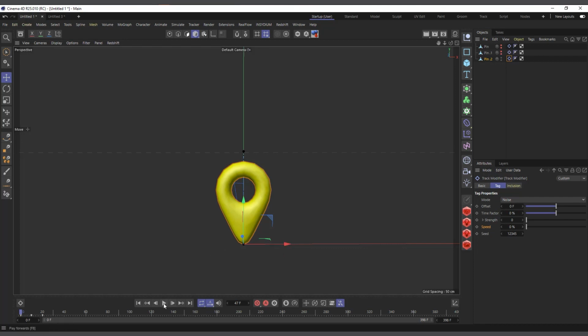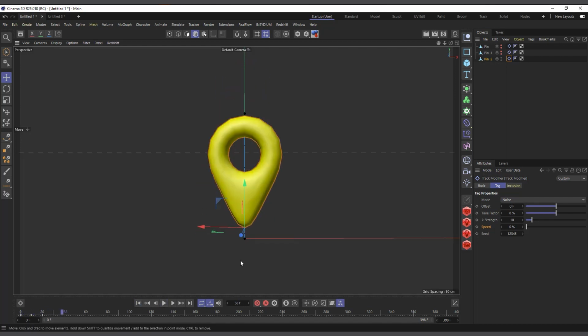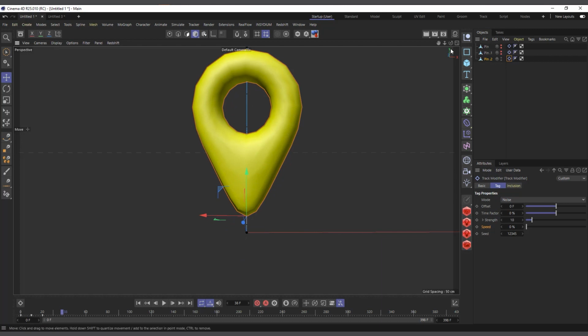So you see, if I hit play, it goes back and drops smoothly. This is how the animation is. But if I increase the strength, we won't talk about the offset and the time factor, because it is the same thing that was explained in the posterization mode. Now if I increase the strength to say 10, you can see our animation has changed. I hit play, you see it doesn't land at the tip again, and the rotation too is not